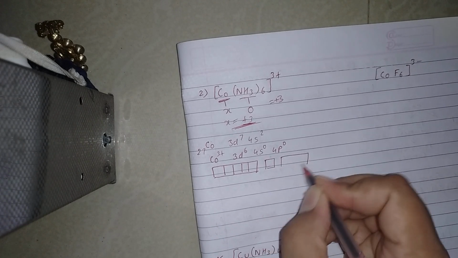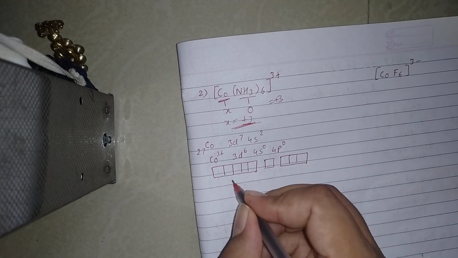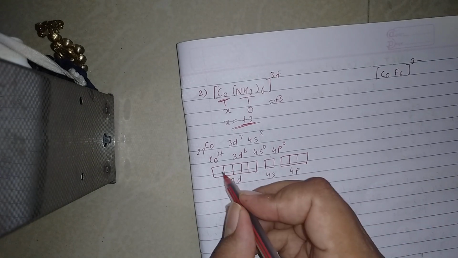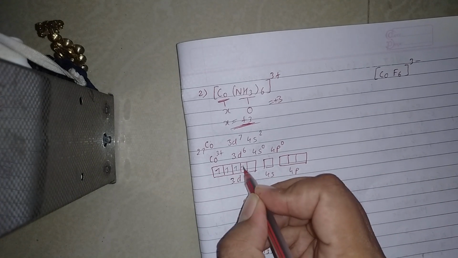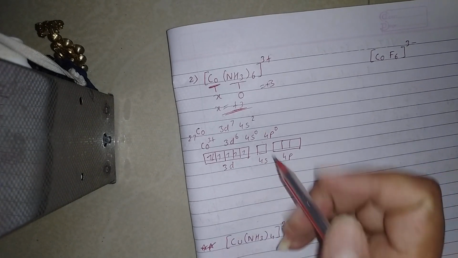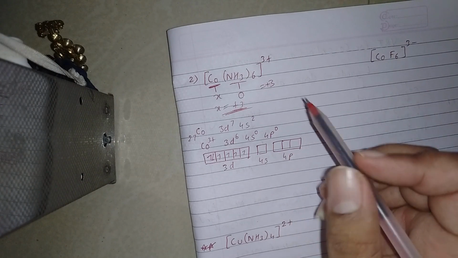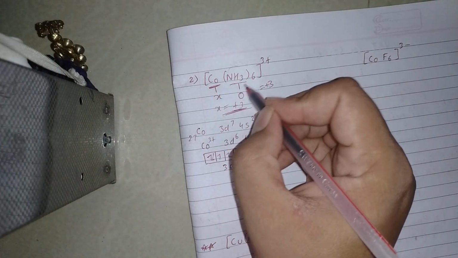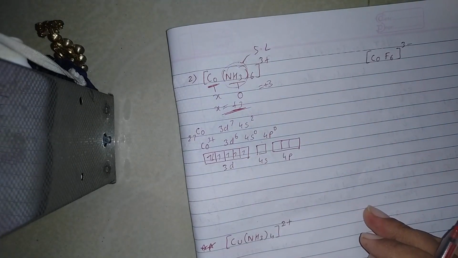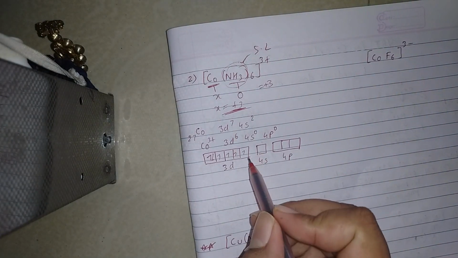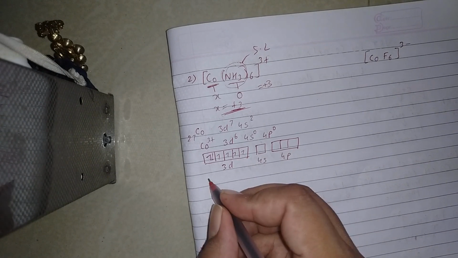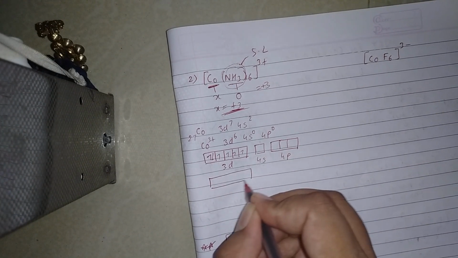And this will be your 4p. So this is 3d, 4s, 4p. 6 electrons: 1, 2, 3, 4, 5, and this is the 6th electron. What was the second rule? See the ligand. Here the ligand is a strong ligand. Strong means you have to bring the pairing. So pairing of electrons will take place. The new orbital formed will be